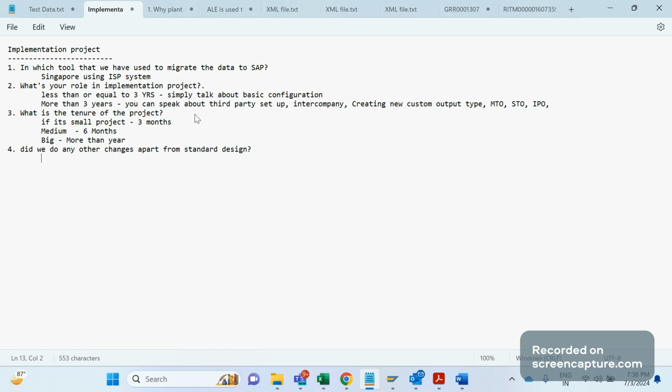Sometimes, if it's not fulfilled with standard design, we go for enhancement. If we say yes, then they will ask you what development you did which is not fulfilled in standard design. Then we need to explain that new development that has been carried out.